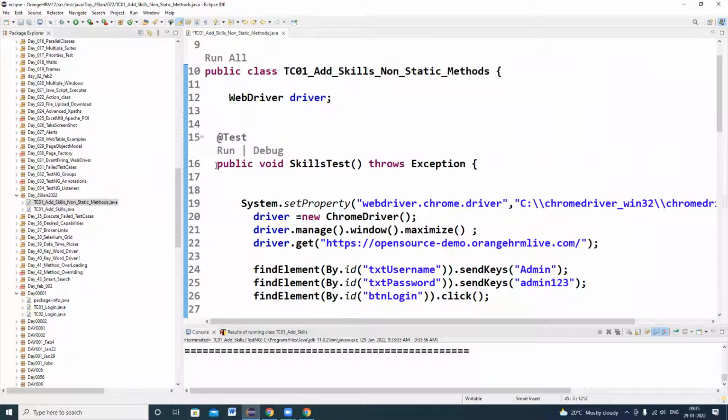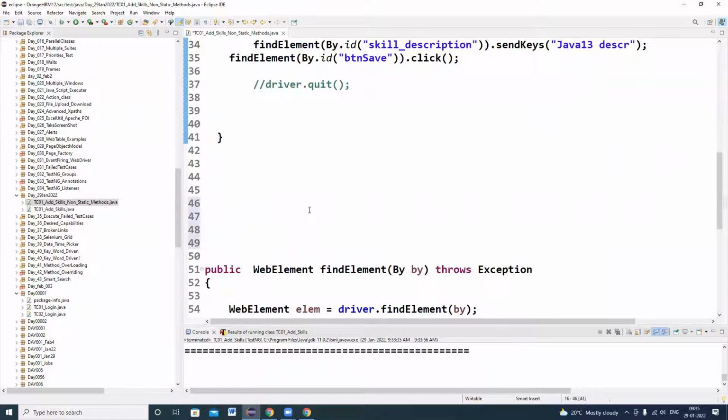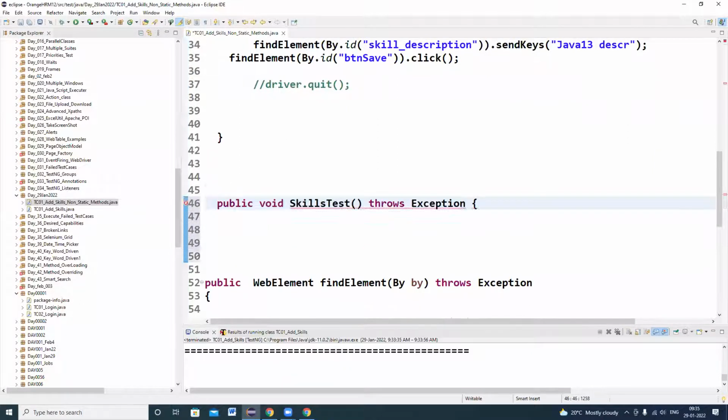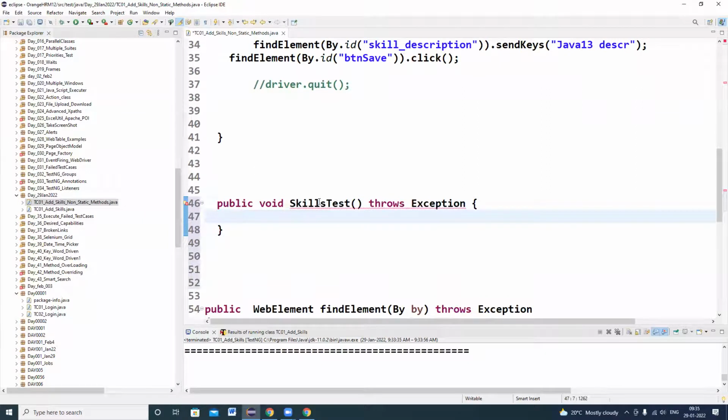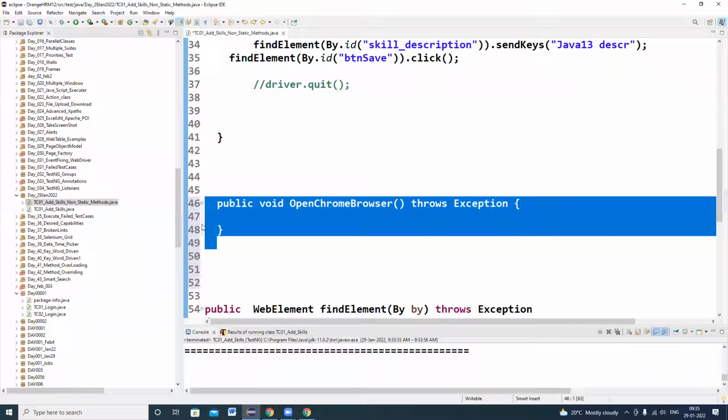Line number 16, void. Yeah, I'm copying this method name, and here after this, I'm pasting it. So here what I need to write is open Chrome browser. Open Chrome. And after this, I'm writing one more method.